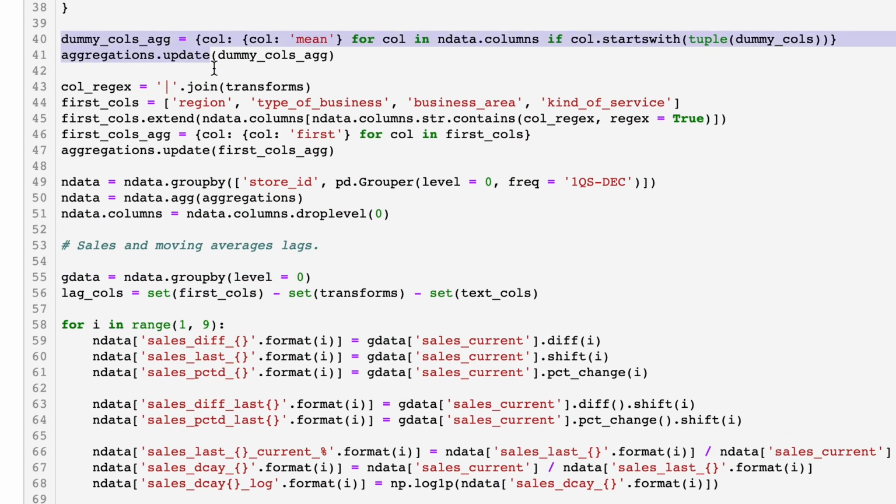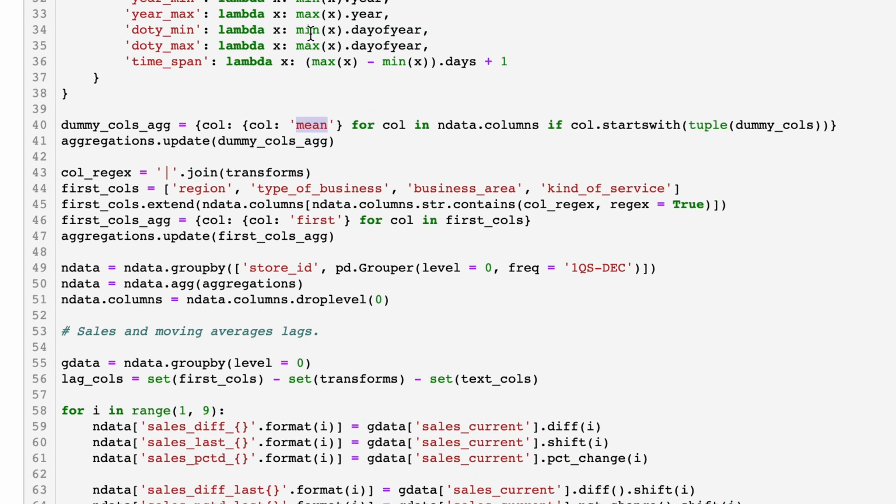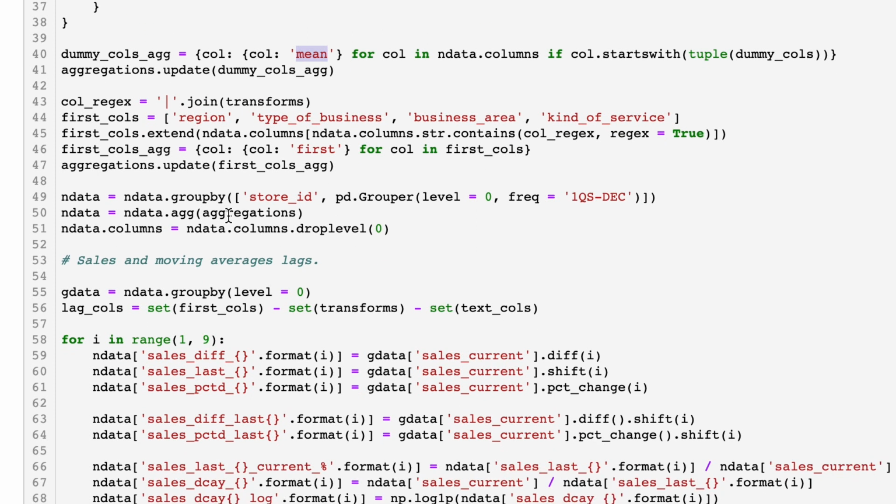So here we're doing the same thing for the dummy columns, which are the card columns and the weekday columns, and we aggregate them all as mean, meaning that we know which percentage of all of the transactions for a 3 months period for one store was done by which card company or during which weekday. And after that, we also,